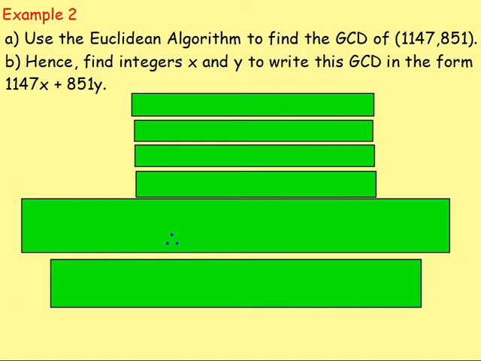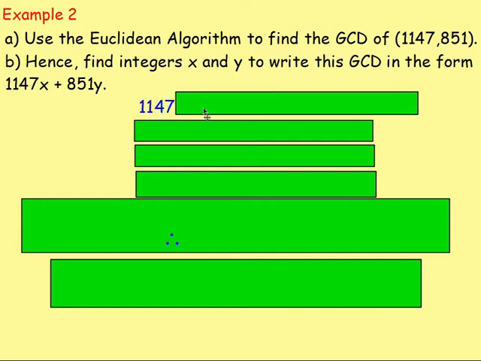Example 2. Use the Euclidean algorithm to find the greatest common divisor of 1147 and 851. And part B, hence find integers x and y to write this greatest common divisor in the form 1147x plus 851y. So, to start this off, the same as the last lesson, we take the larger number,